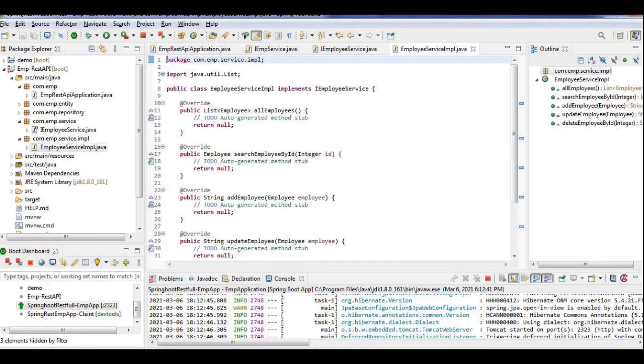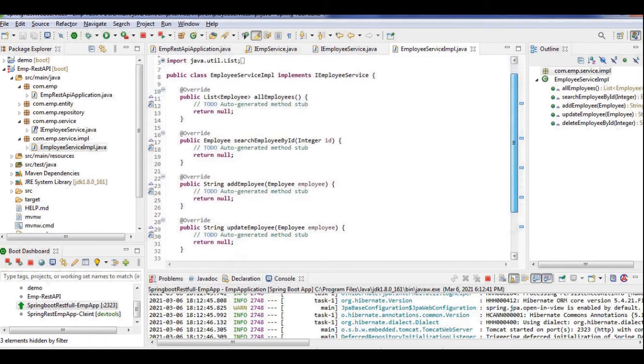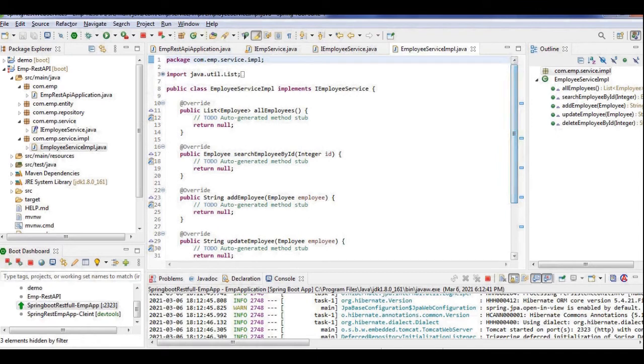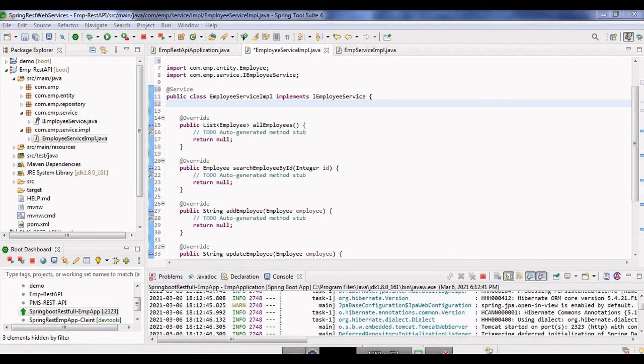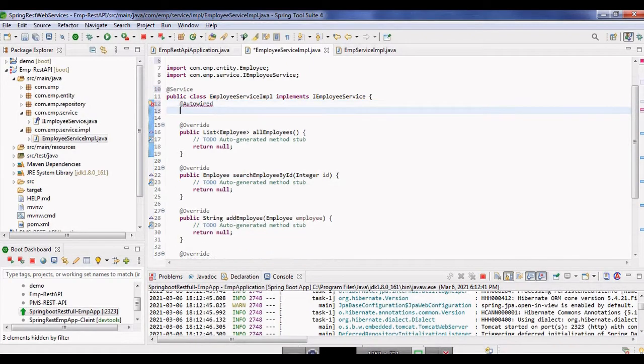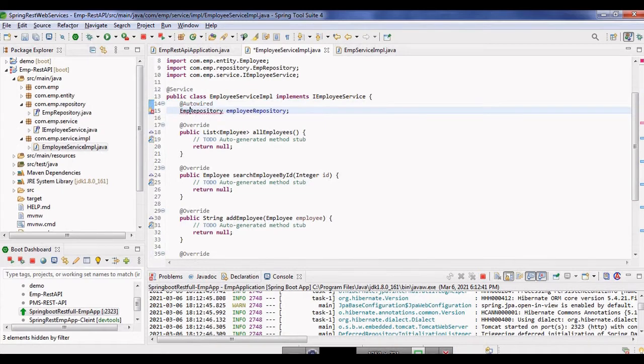Here we can define the body of all these implemented methods. Since it is dependent on the repository, I am going to do autowiring like this. So here it is.